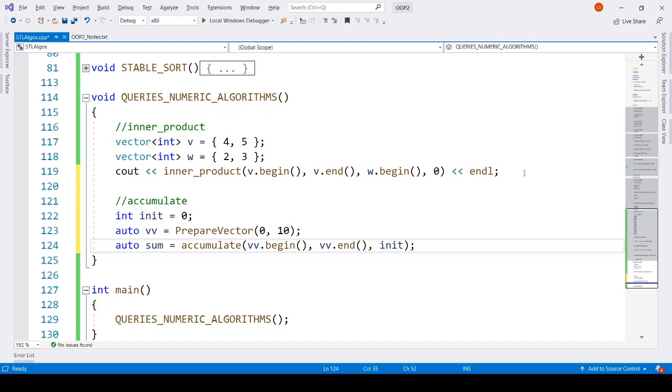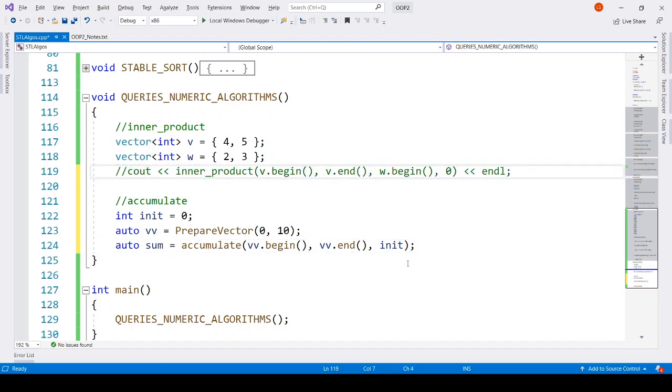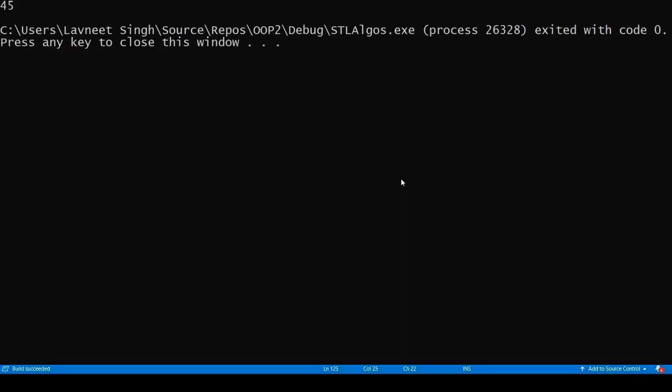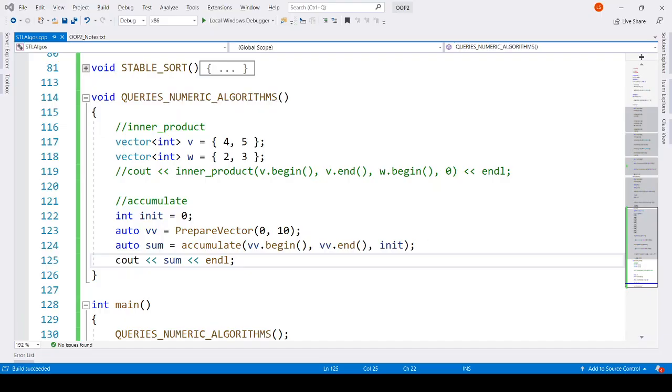So let's see what is the sum. We can comment this out so that there is no output from the previous code. So you can see 45 is the sum.